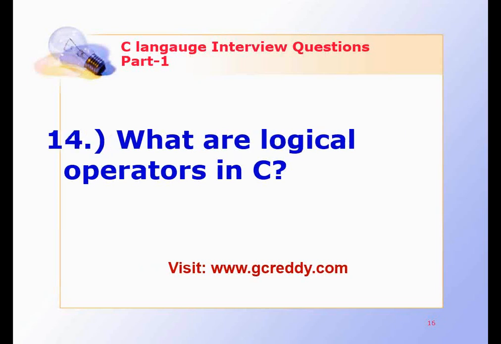What are logical operators in C? Sometimes we must have passed through logical gates like and, or, not. Similarly, in C, we can make use of logical operators similar to the operation of and, or, not. Logical operators mainly work with the values 0 and 1. Basically, in a C program, any non-zero value is treated as true and zero value is treated as false.